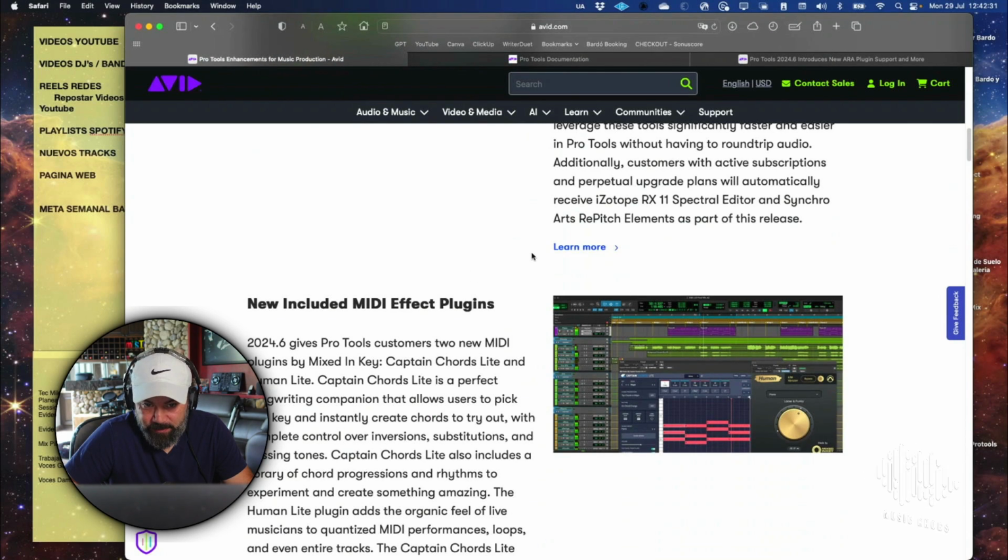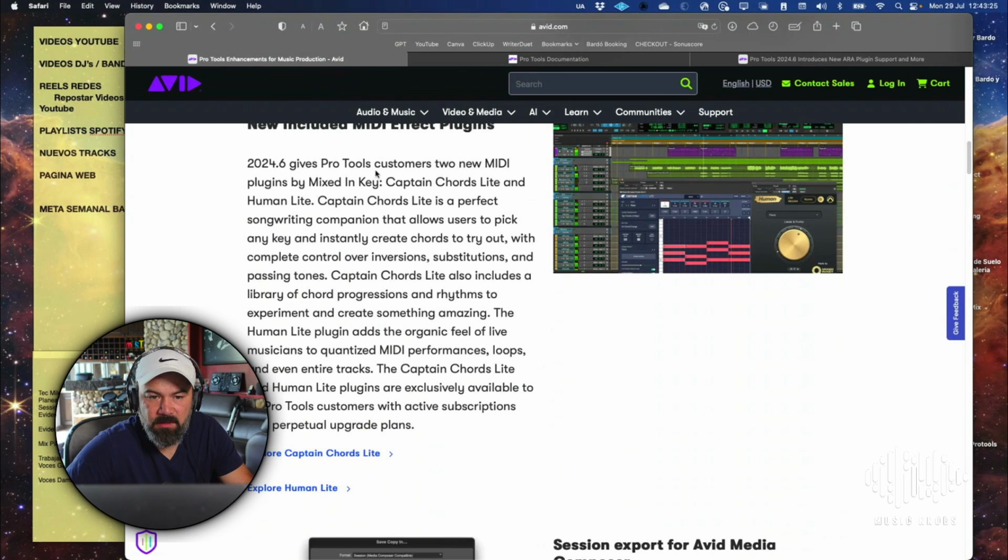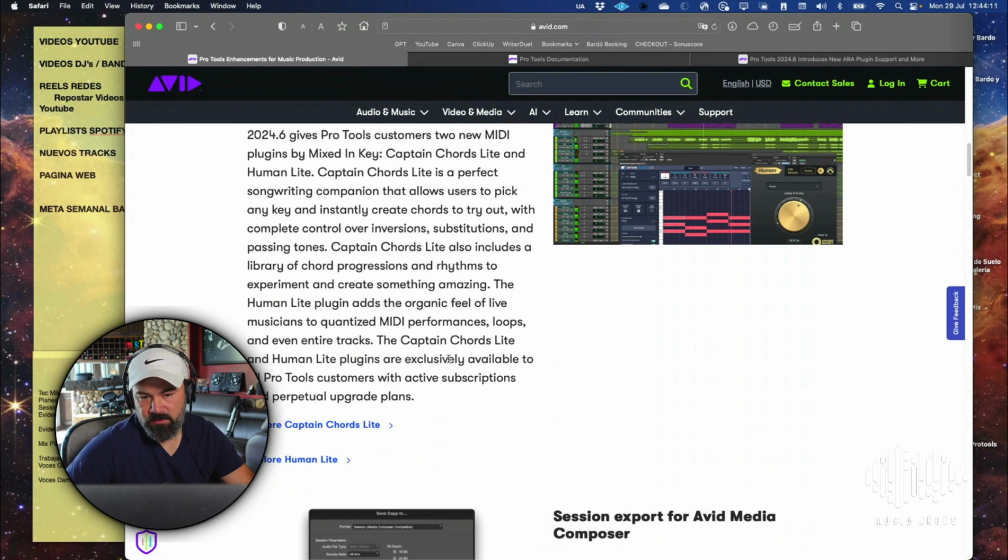Pero no todos, ¿verdad? Estos son dos nuevos plugins MIDI. Sí, los dos son de Mixed Key. Uno se llama Captain Chords Lite, que es para disparar acordes. Viene con una librería de progresiones y ritmos para experimentar. Está bueno. Y otro plugin que se llama The Human Light, que agrega un feeling orgánico cuando cuantizas los performance